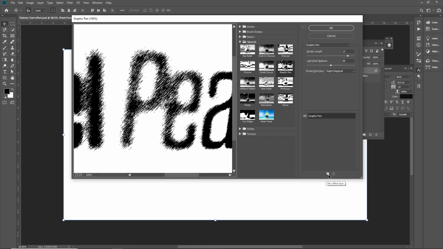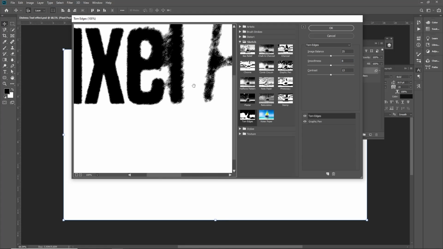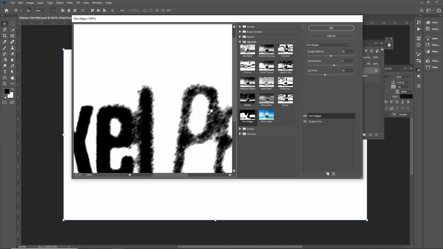With this icon you can add another effect, and this time we will add tone edges, and then image balance 25, smoothness we will decrease that like 8%. Okay, 8 is good, and we will increase the contrast or just decrease it, adjust the smoothness again, and okay,